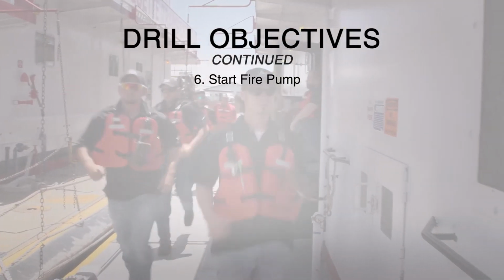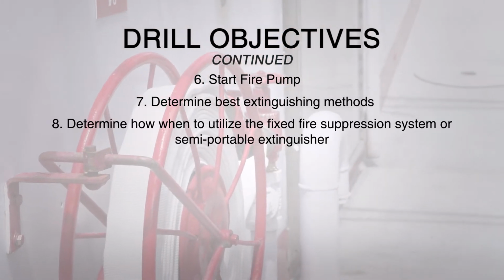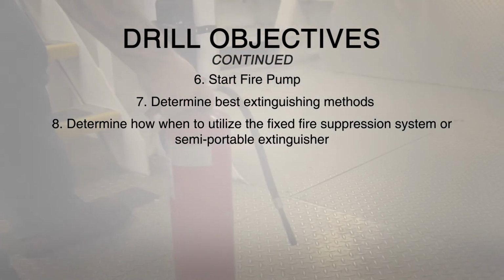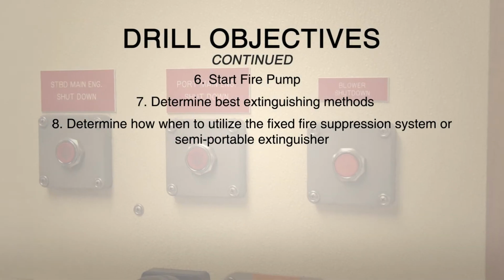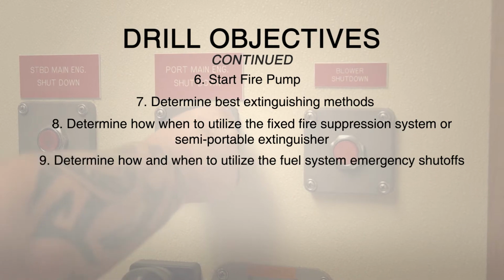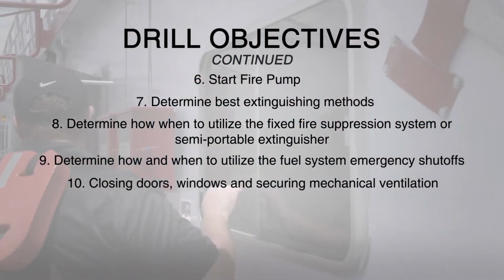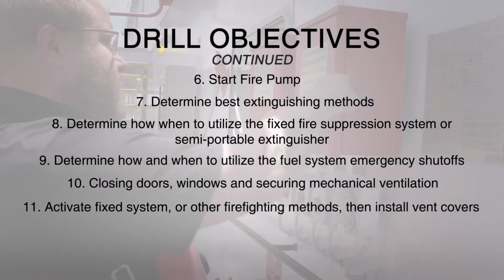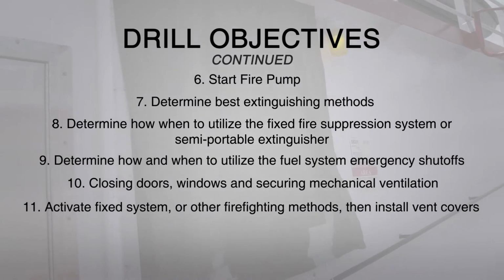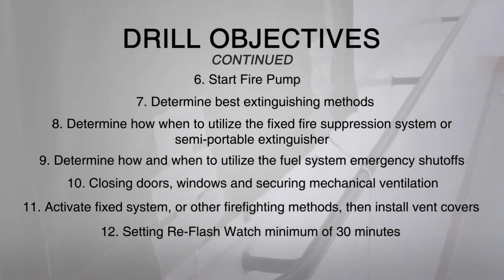Start the fire pump, determine best extinguishing methods, determine how and when to utilize the fixed fire suppression system or semi-portable extinguisher, determine how and when to utilize the fuel system emergency shutoffs, closing doors, windows, and securing mechanical ventilation, activate fixed firefighting or other firefighting methods that install vent closures, setting reflash watch for a minimum of 30 minutes,